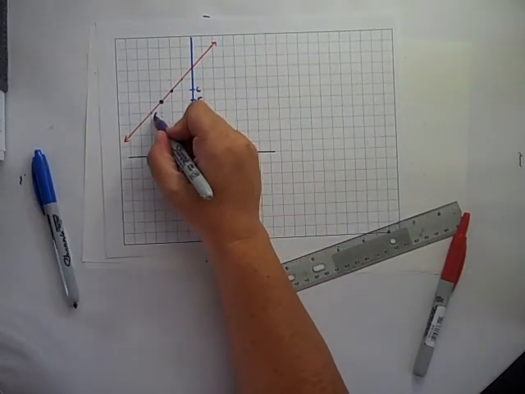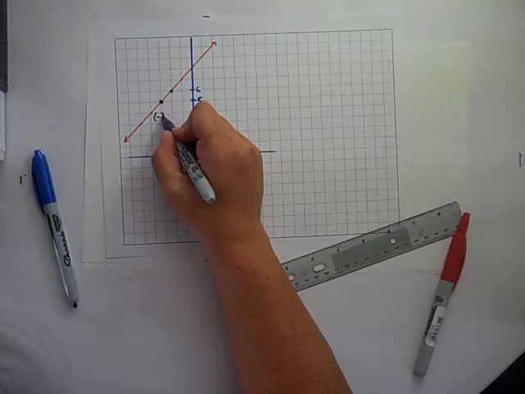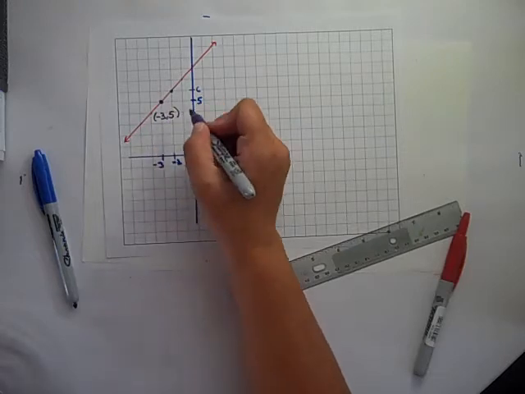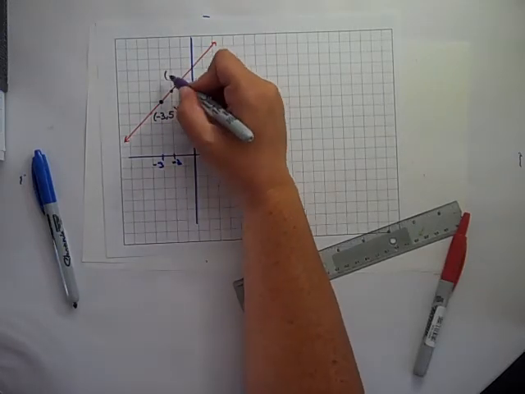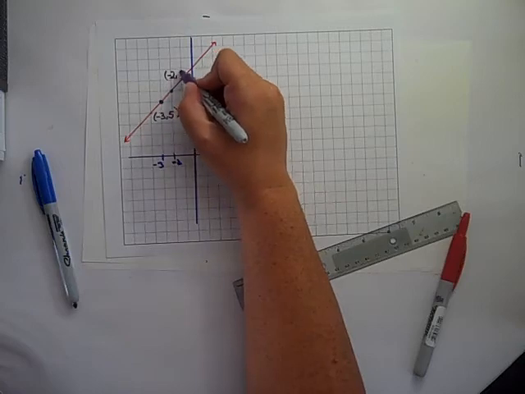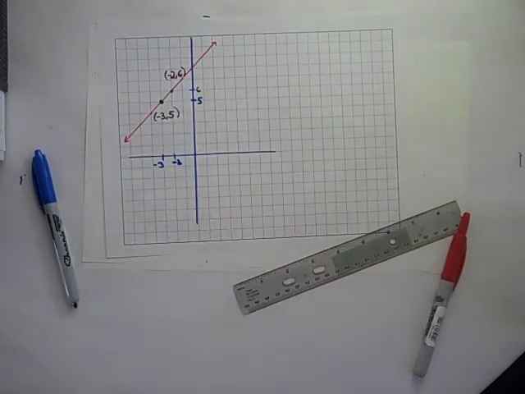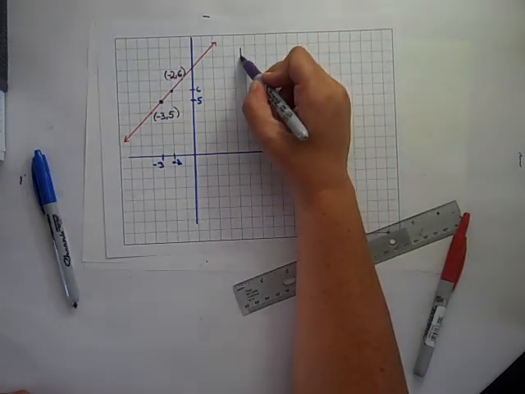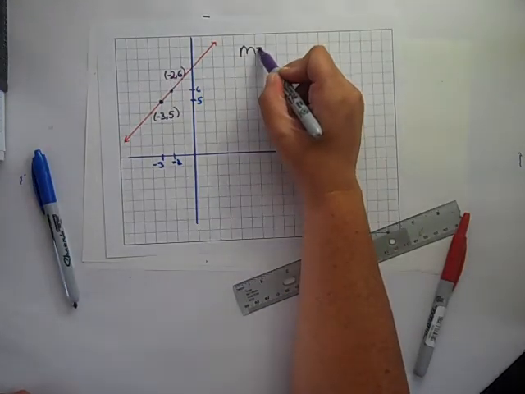And so that means this is -3, 5, and the second point is -2, 6. So our slope was 1,